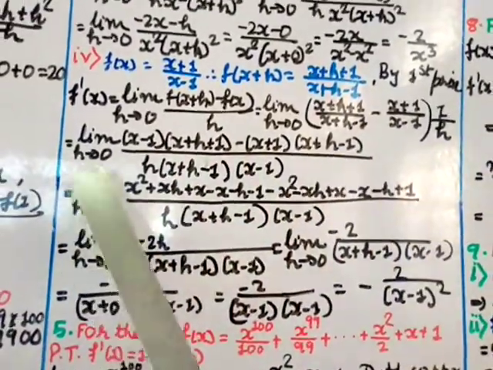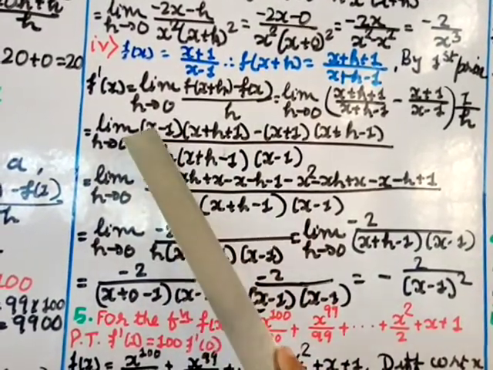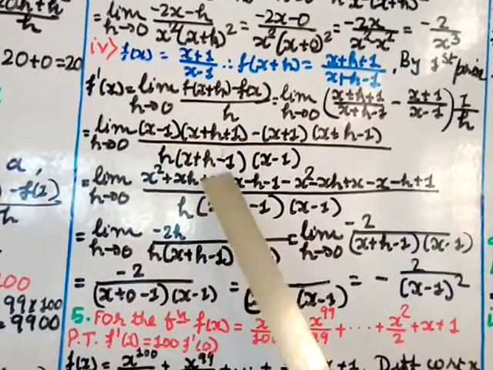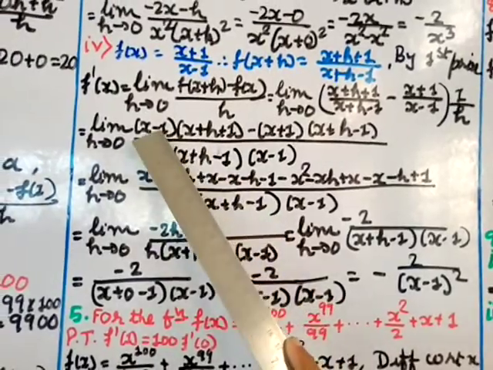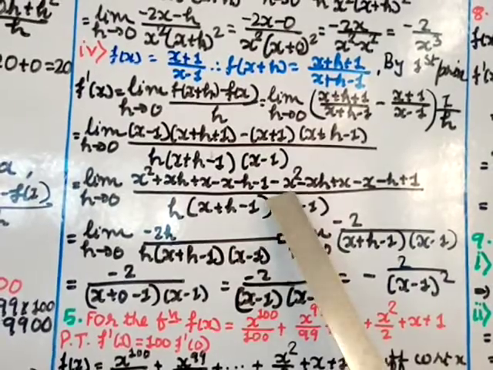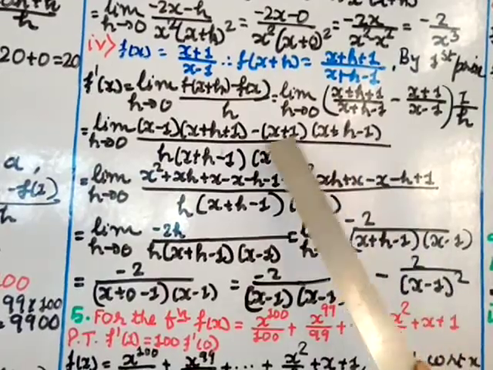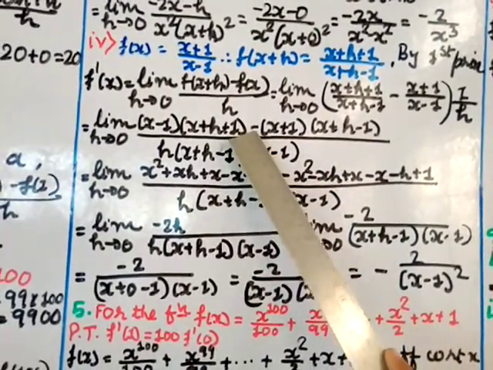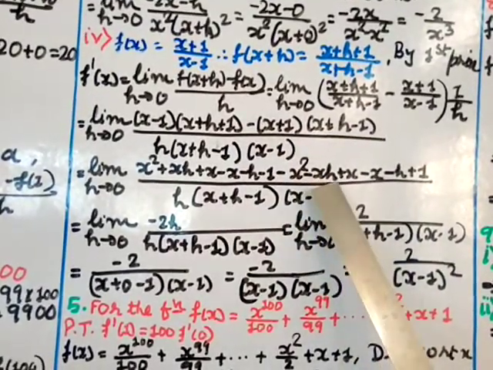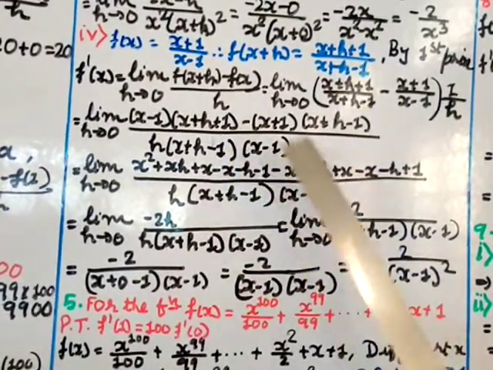Now open the bracket, so limit h tends to 0, x into x is x square plus xh plus 1 into x is x minus x minus h minus 1 into plus 1 is minus 1, minus here also expand, x into x is x square, and also I am opening the bracket minus. So consider this minus also, if you are multiplying, x square is positive, but because of this minus it is negative. Then x into h, which is positive, but because of this it is minus xh, then x into minus 1 is minus x, but because of this minus it is plus x.